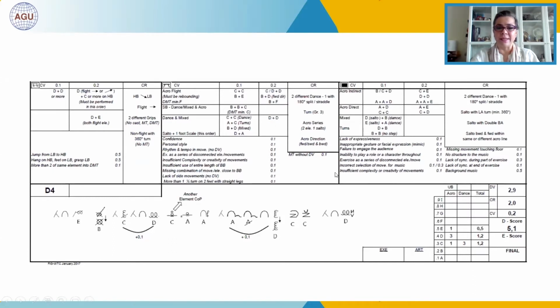the leap she tried to do with 1.5 turn, but unfortunately also we consider it as another element from the code, and we give only split leap with 1 turn due to not complete turn, which is C, and split jump A, and aerial forward A, and then we got here the third acrobatic band, round off, whip salto, flip flag,